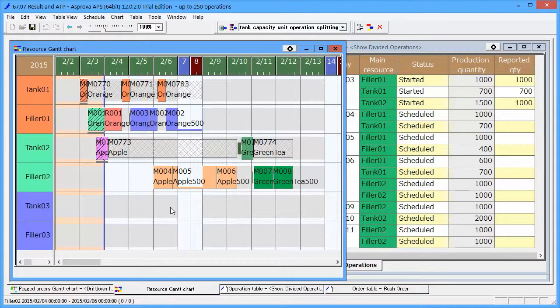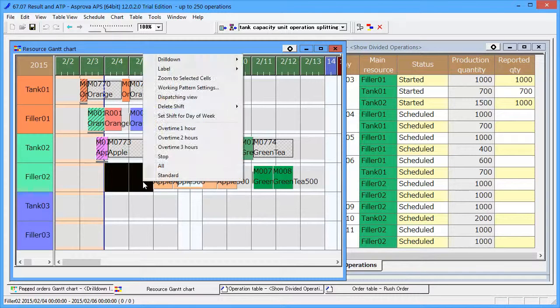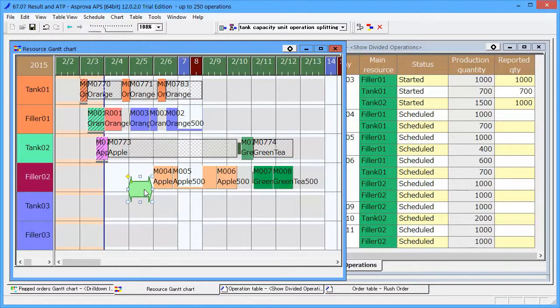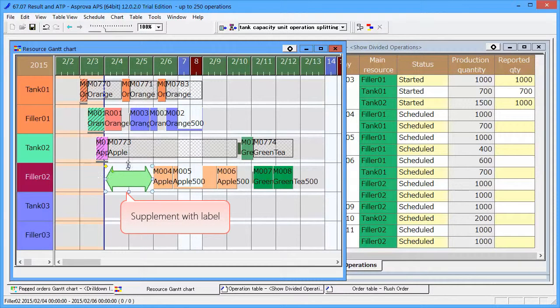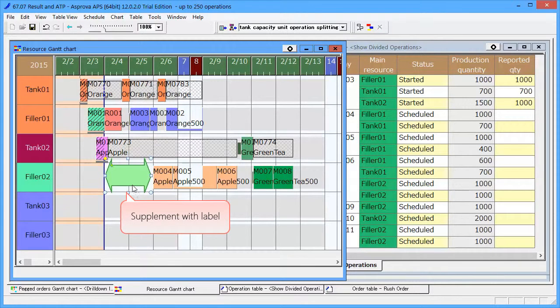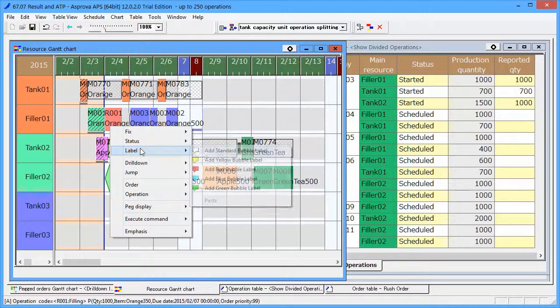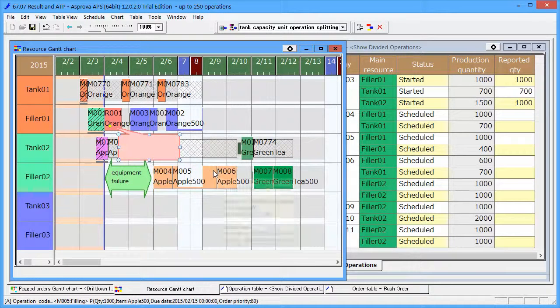The period with no more work time can be grasped easily by adding a label. Labels are also effective for posting notices.